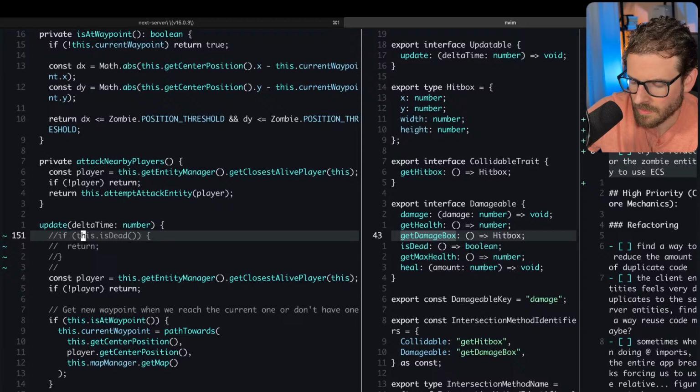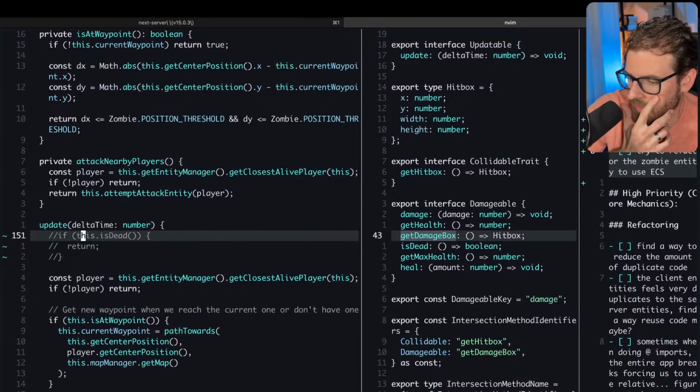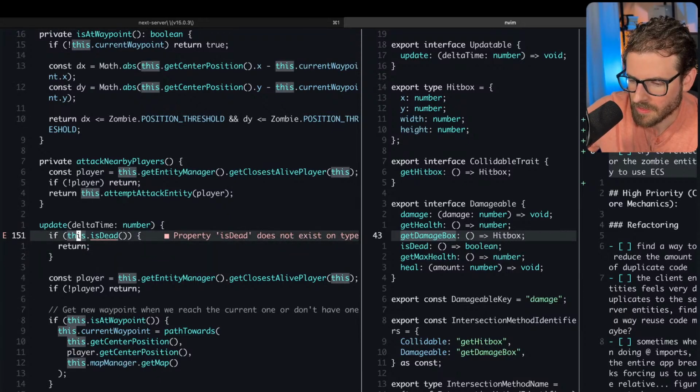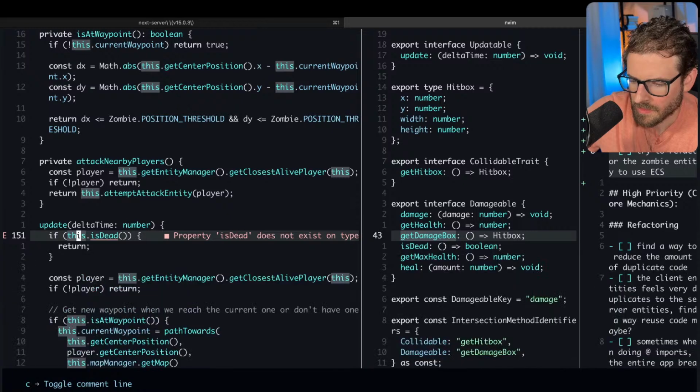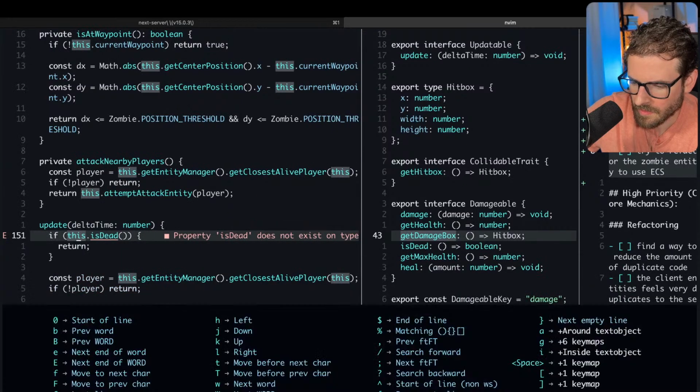That's weird. I have to subtract 1, GC2J, and that'll comment it out. I guess I could also do move before next character, next word. Interesting.